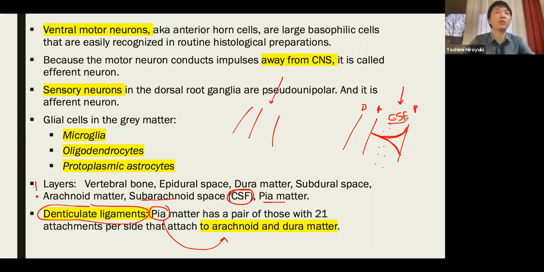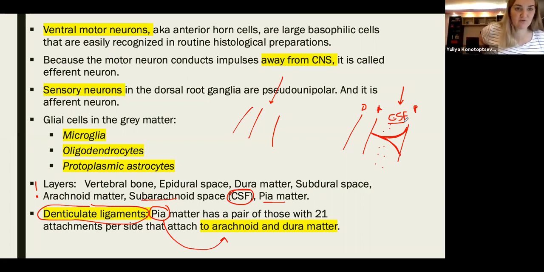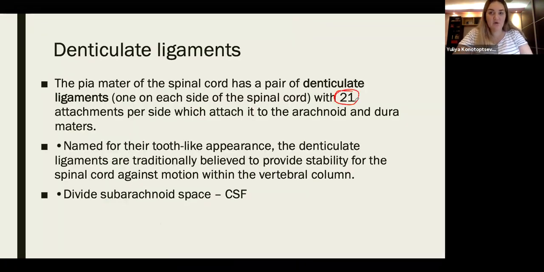It will flow out. Due to gravity, all of the CSF will be in your sacral region. That's where it will be. All of this fluid, due to gravity, will be brought down to the bottom, right there. We don't want that. So this is why there are 21 pairs of denticulate ligaments, and you can think about